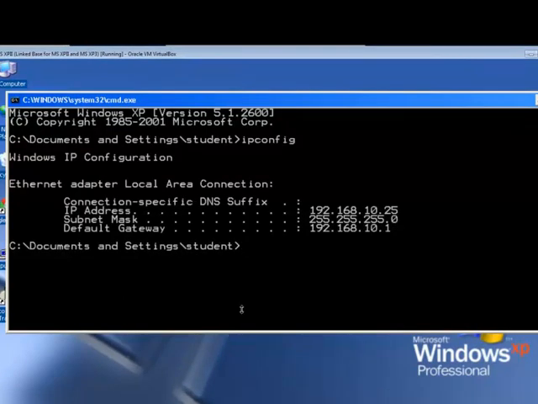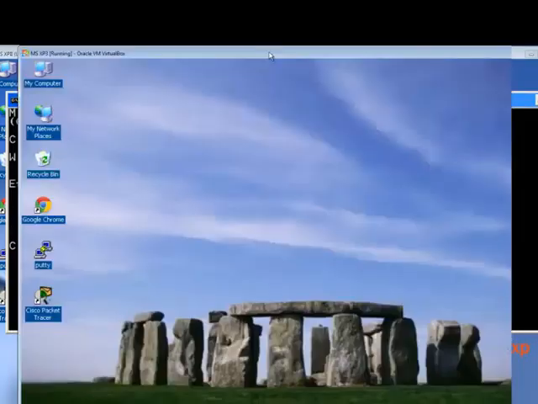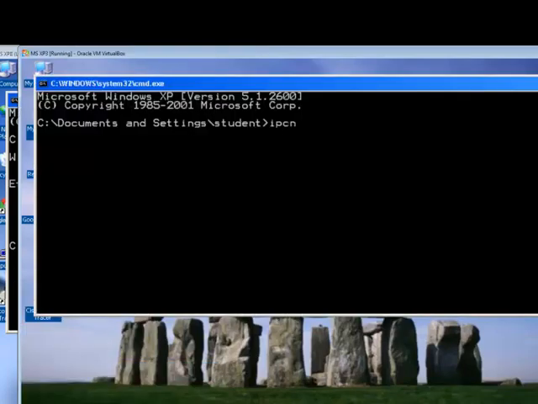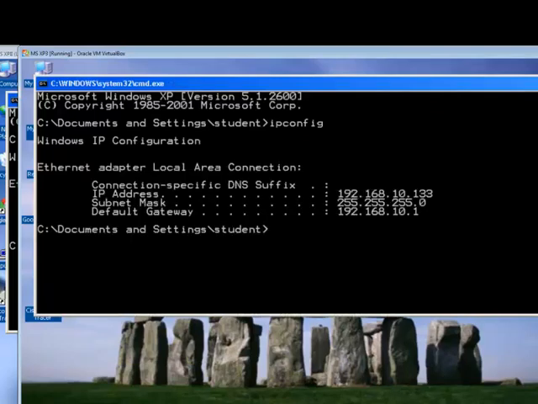So I have the default class C, the same number we were using in our scenario. So this client is 192.168.10.25. And this client is 192.168.10.133. They're both on the default Class C network, so they see themselves as being on the same network segment, the same subnet. I'm going to demonstrate that they can communicate, so I'll ping from here to the other host,